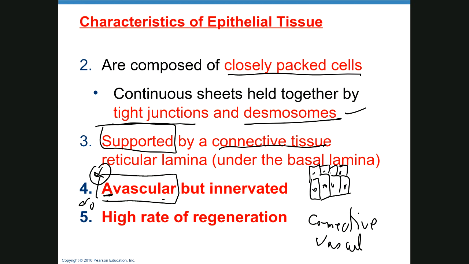So the blood vessels of connective tissue are going to bring the nutrients and the gases, the oxygen, which are going to diffuse from the blood vessels and reach the epithelial tissue and feed it and keep it alive. So that's an important concept. That's the reason why connective tissue is described as supporting epithelial tissue above it. So connective tissue is found underneath epithelial tissue because connective tissue has the blood vessels that can keep epithelial tissue